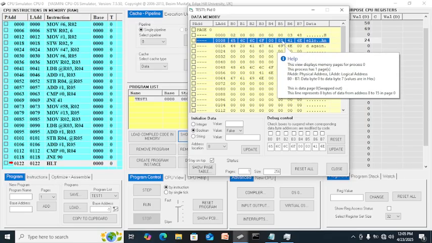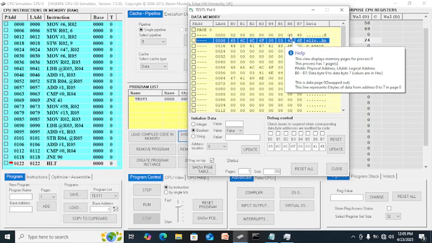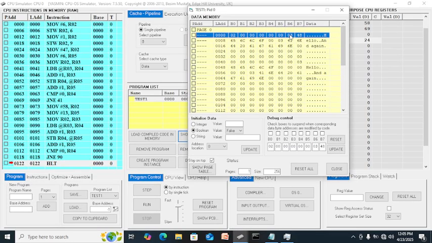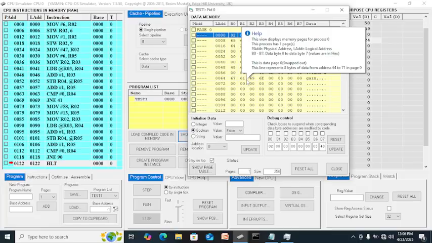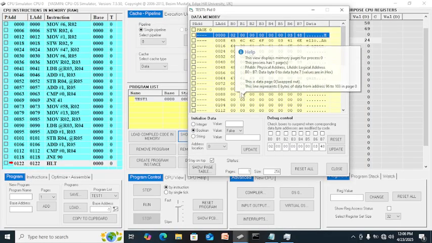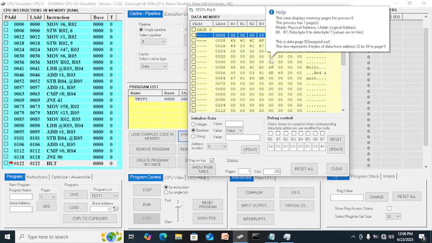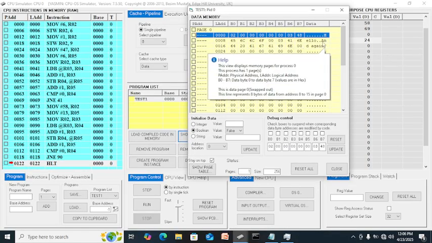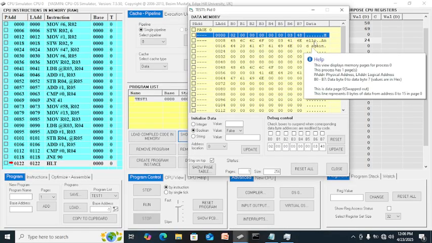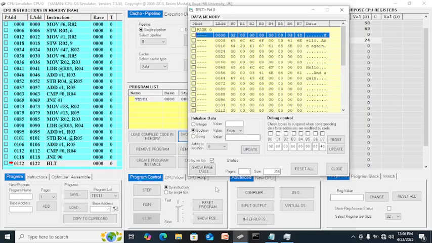Okay, then this one is 6, correct, and 13, 6, correct. See? So that's how it works. The address of the memory is this, start from there.